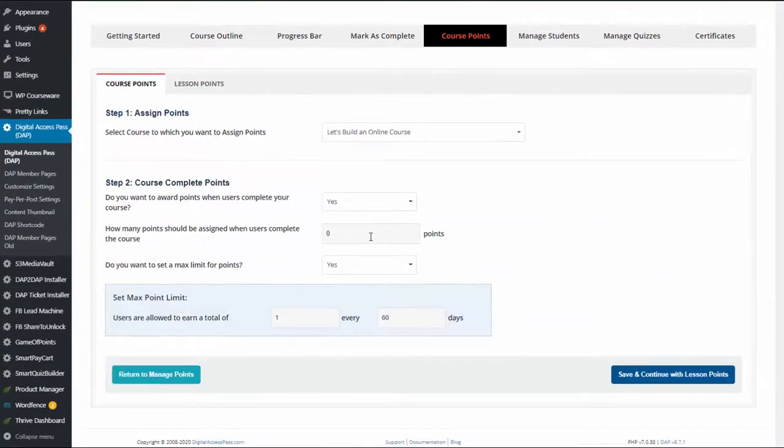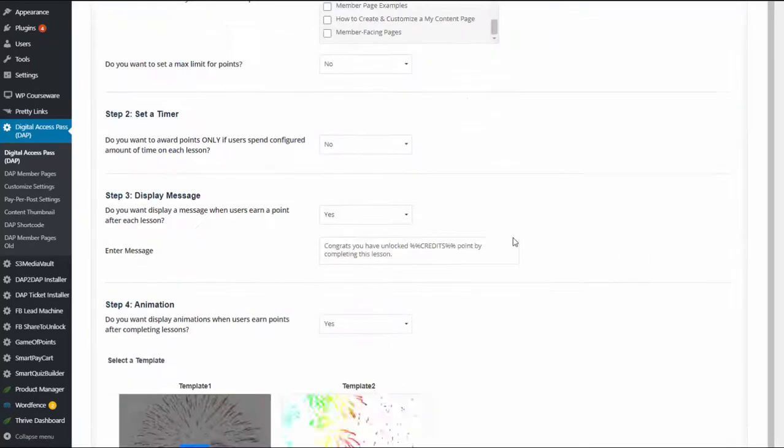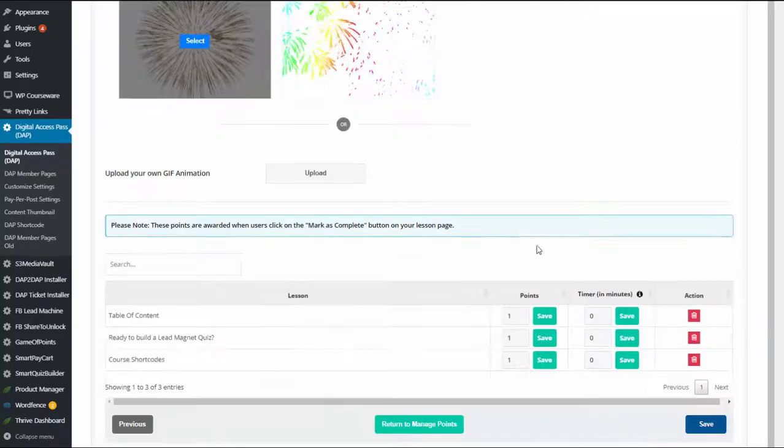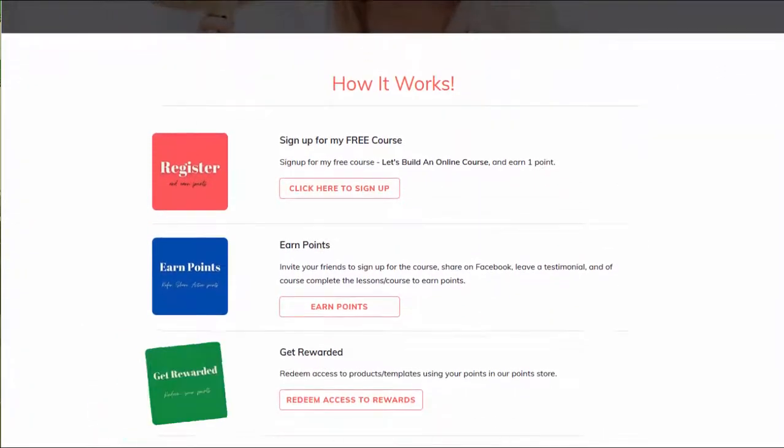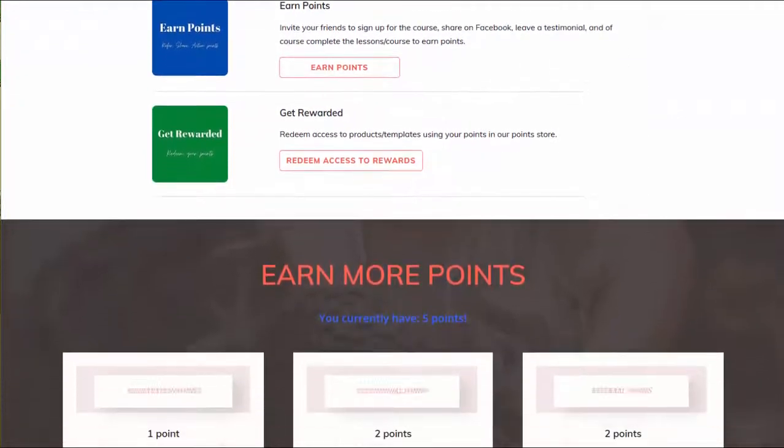You no longer have to use a different plugin for your courses. You can do it all using just dApp. And now this integration between dApp and Game of Points just takes it to the next level. Recently, I added a reward center to my lab site, and I built it fully using the Game of Points